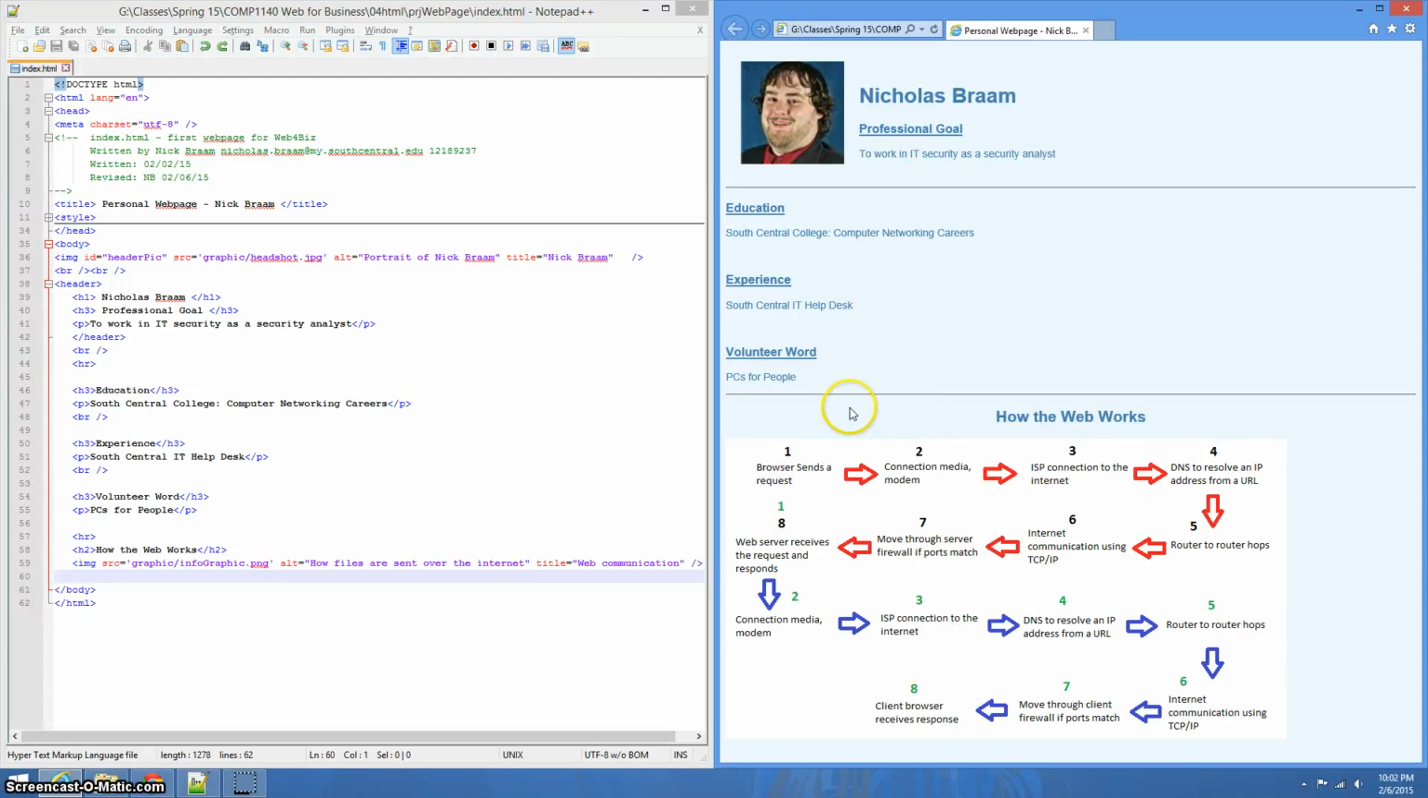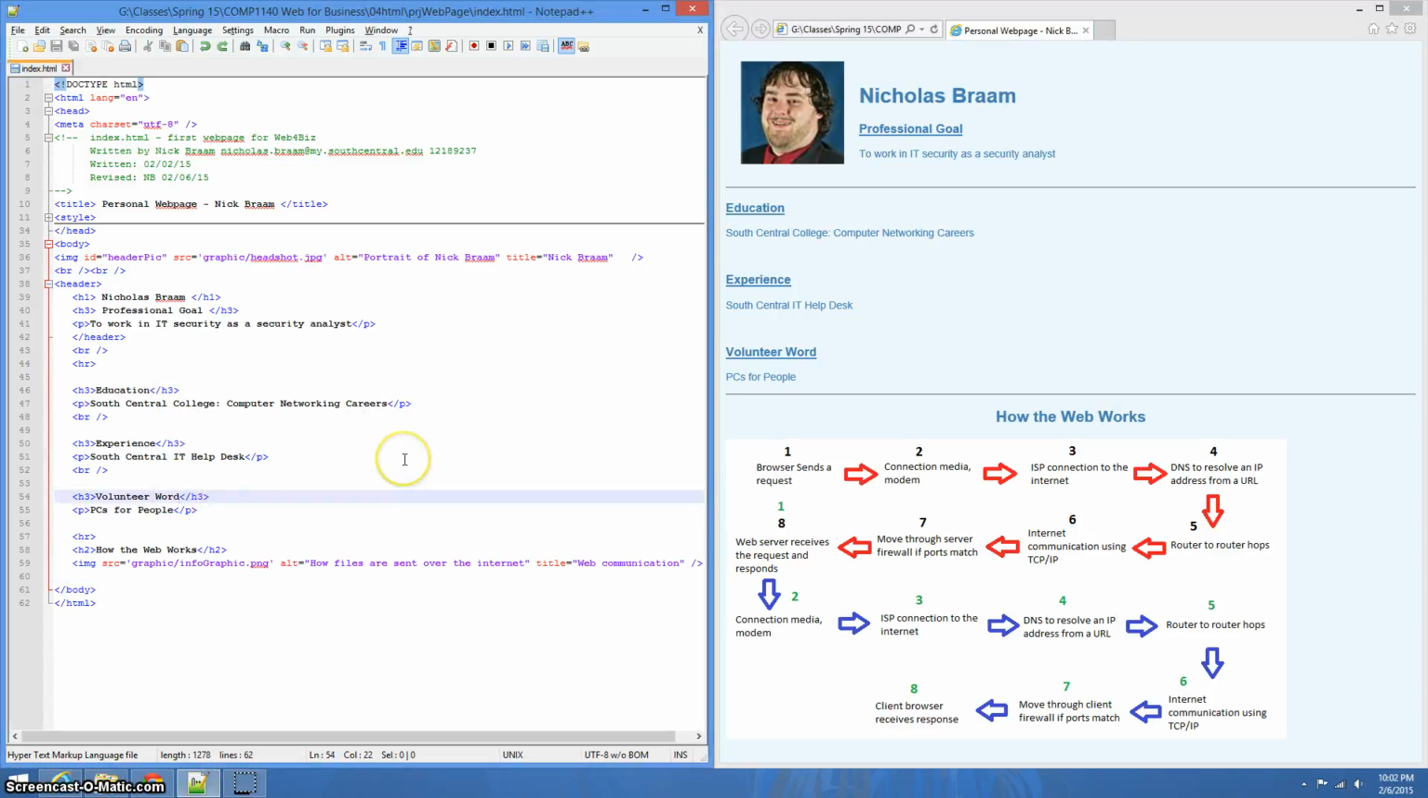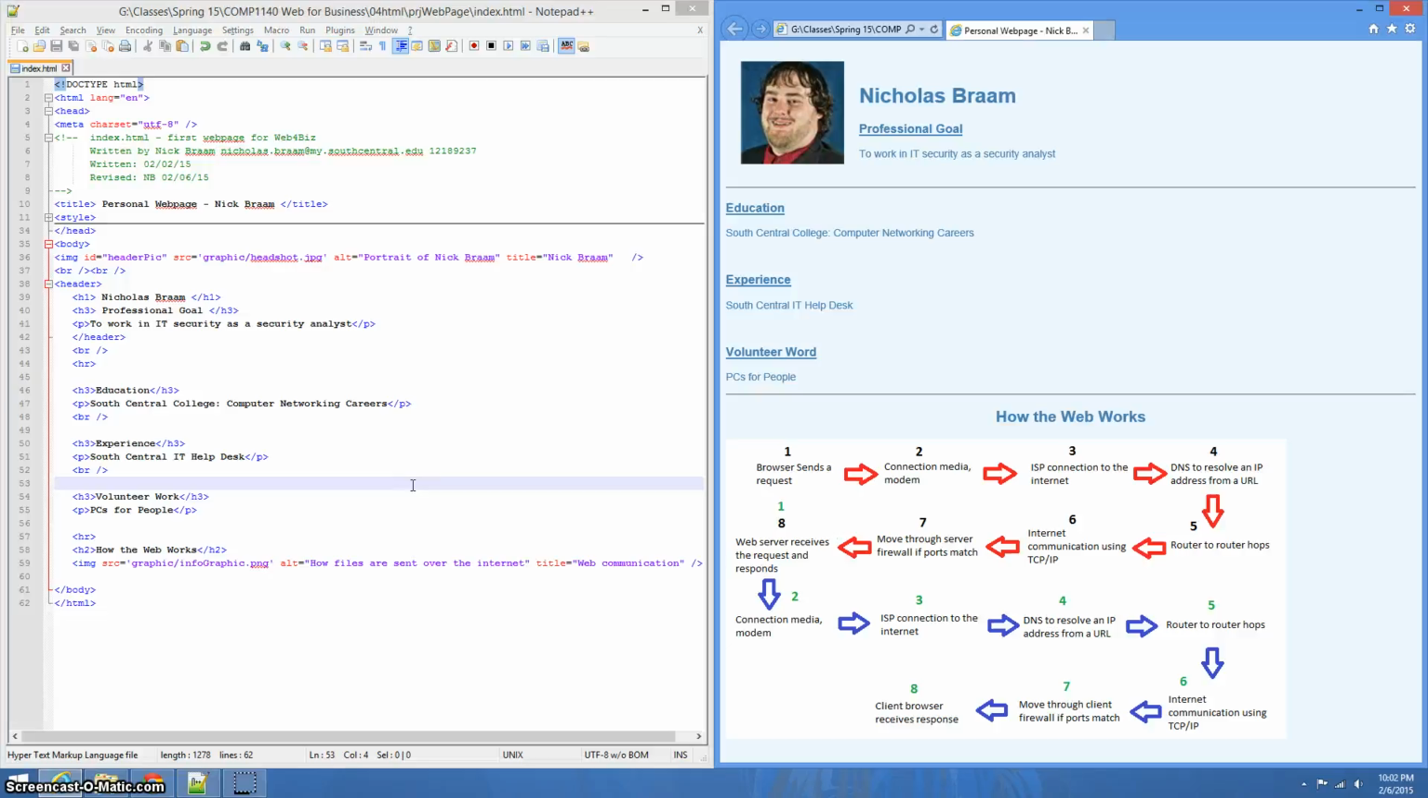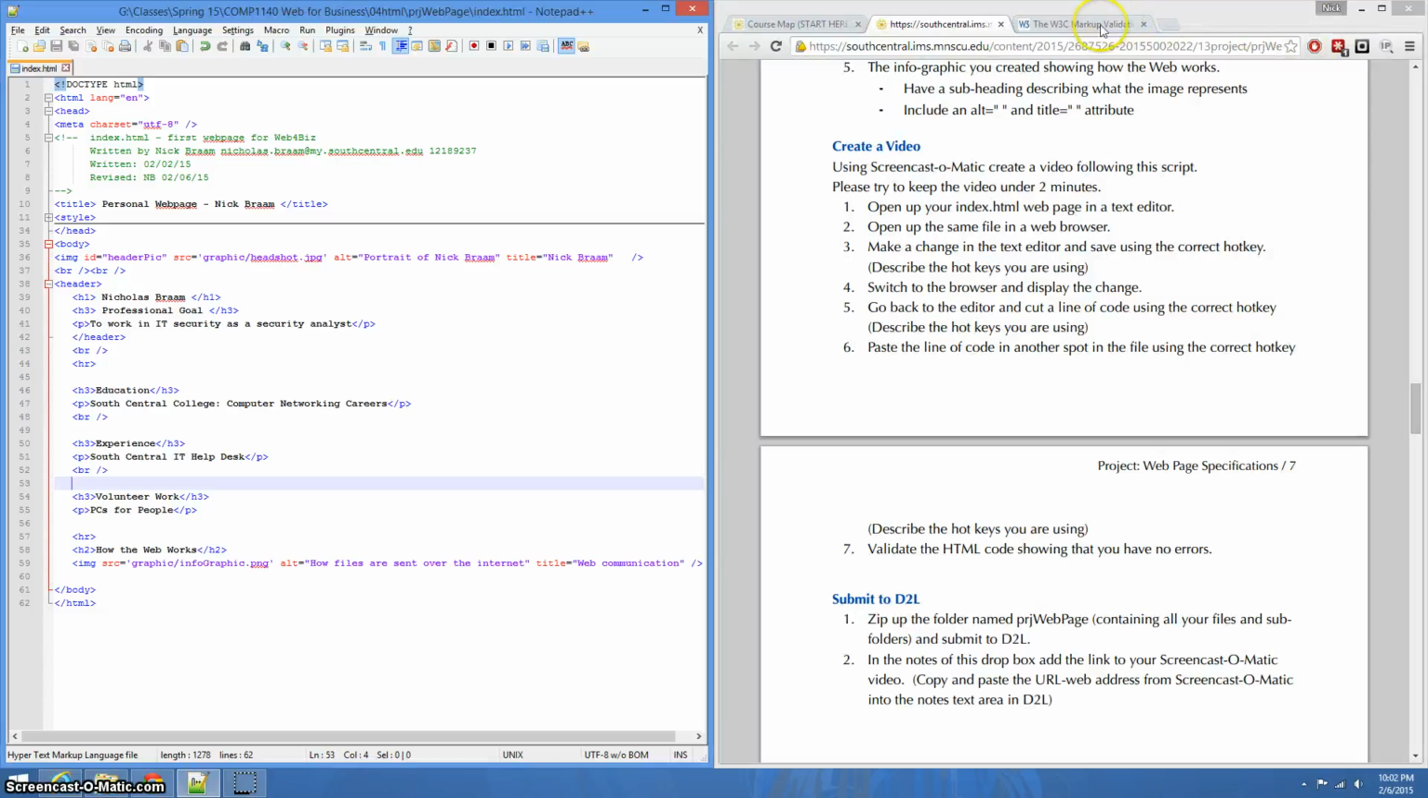Makes for a really useful development environment to have all of your code right here and your page right here. You can very easily make a couple of changes, like for example, I put volunteer word instead of work. So save it as work, jump over, F5, and it's changed. Makes development really easy. So the last thing I'm going to go through here is validation, and I've got the